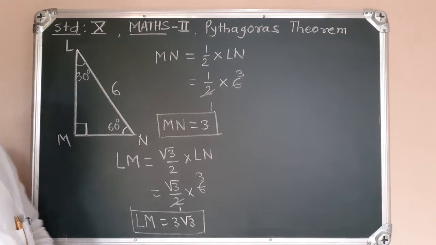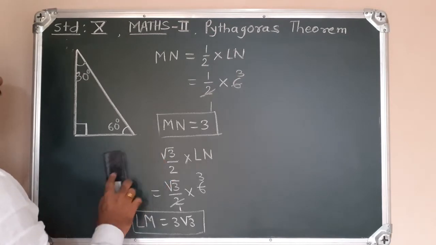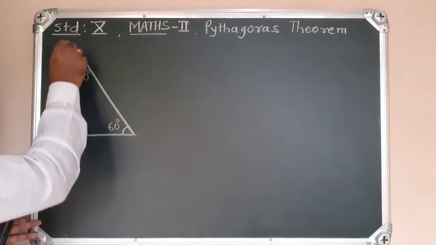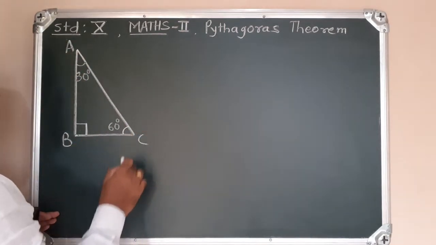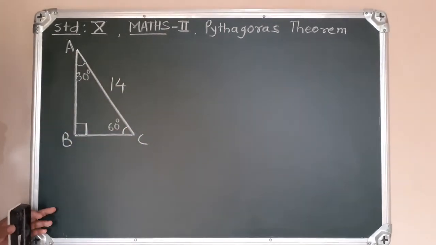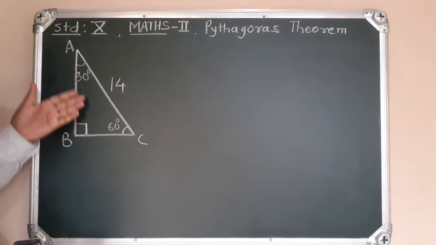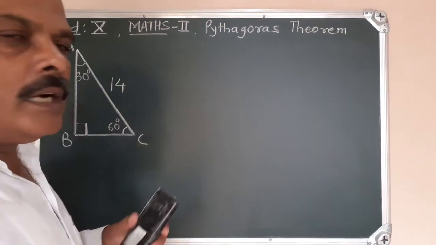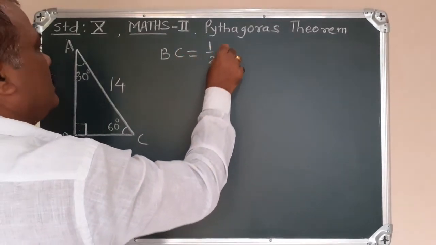There is another example. Name of triangle is ABC, angle B is 90 degree, and AC will be hypotenuse, and that is given 40. So we have to calculate length BC and length AB. So BC is a side opposite to 30 degree angle. We know that side opposite to 30 degree angle is half of hypotenuse. Therefore, BC is equal to half into AC.